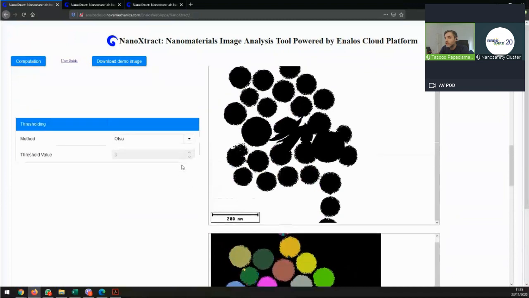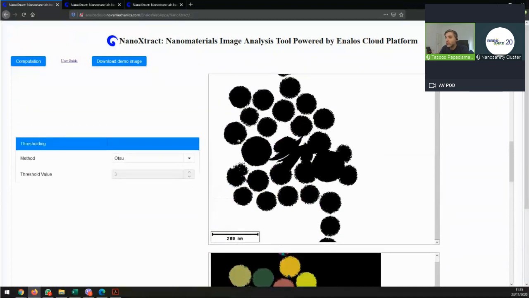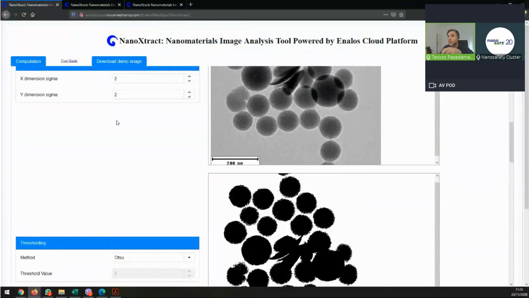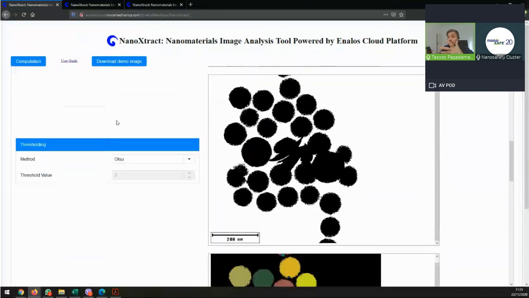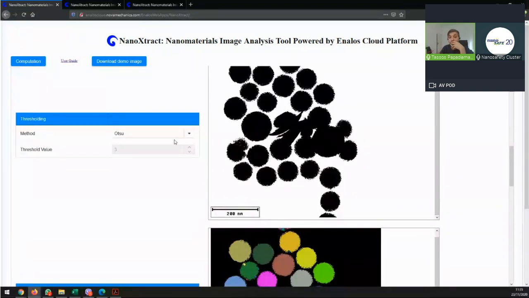So when you see that, a good thing to think of is that if I don't have clearly defined edges, then probably my first thresholding was not good. So the thing to do here is start playing with the parameters.